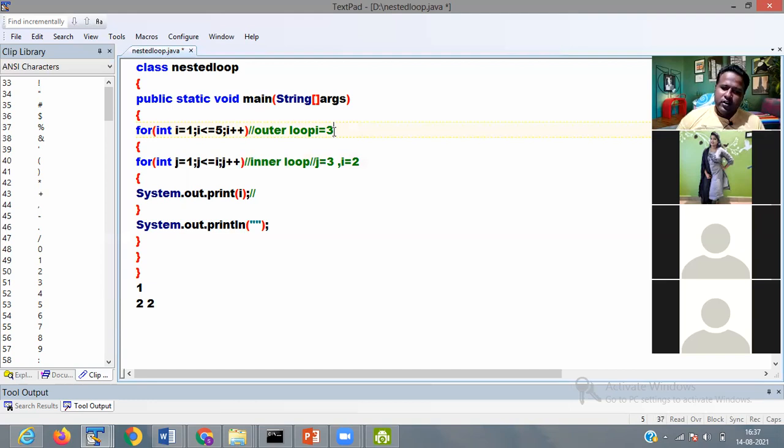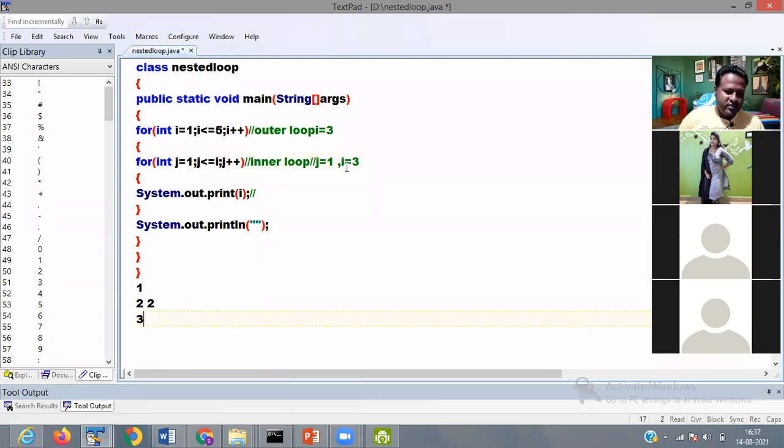Okay, so 3 is less than 5, condition is true. Now j is equal to 1, i is equal to 3, so 1 is less than 3, condition is true, it is printing you 3.